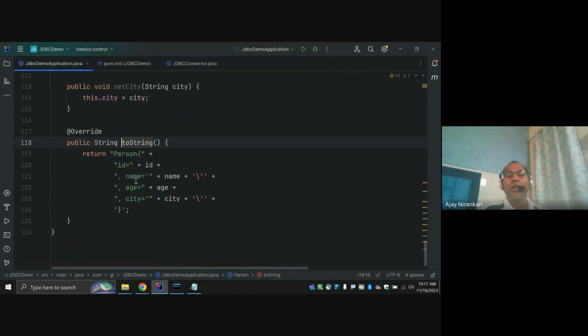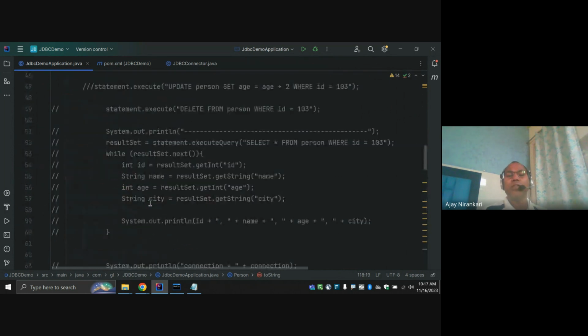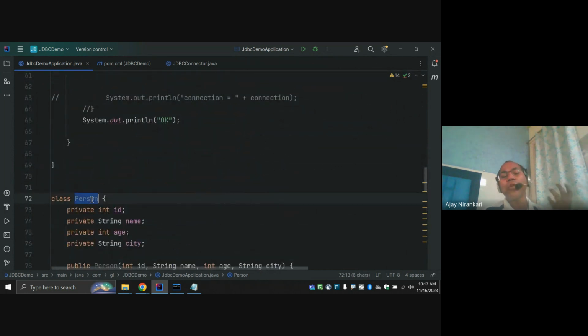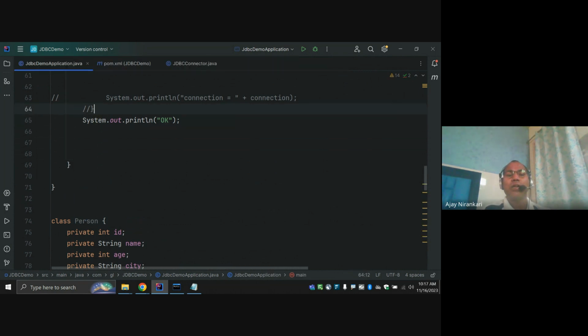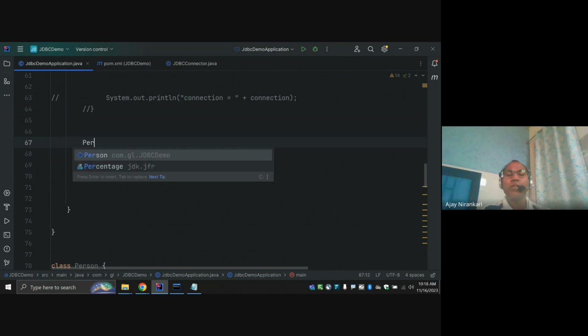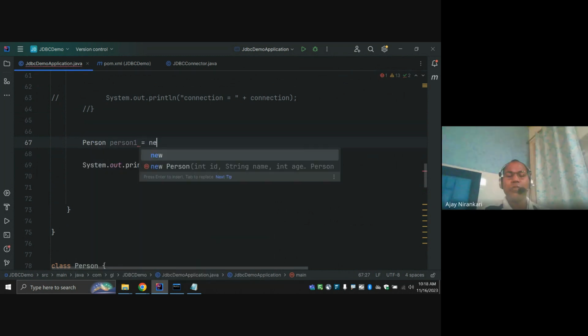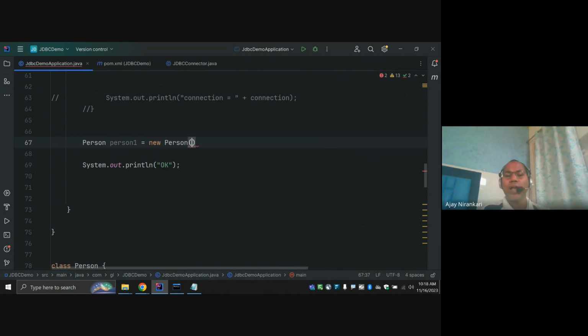Twisting method, right? So this is the basic Java model created. Now let's say I create here my person one, Person person1 equal to new Person, and the person ID, that's